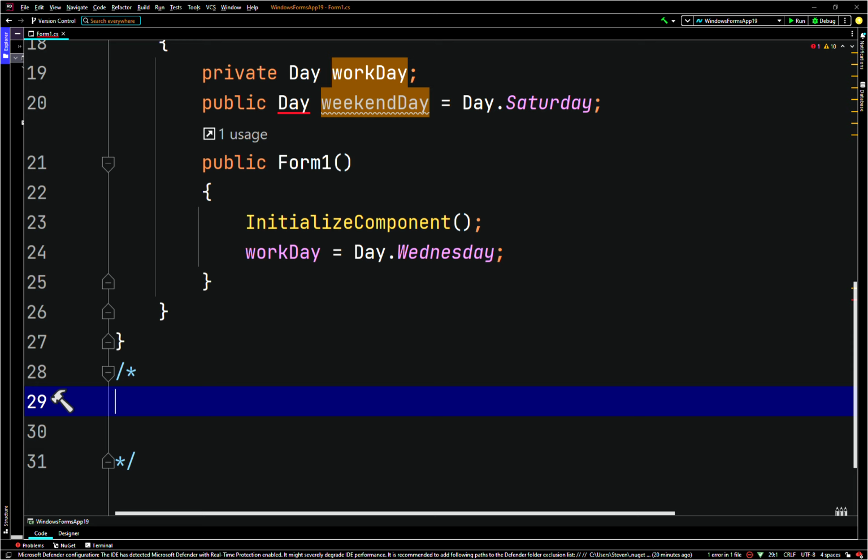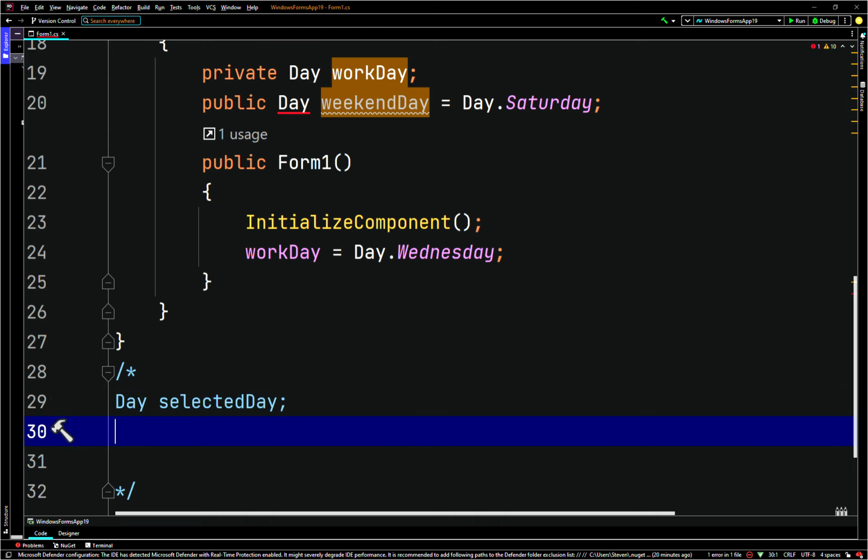So assume the form has a radio button named Monday radio button, so we could go, yeah, so we'll just go Monday, so day selected day. Here we could go if Monday radio button. We could just go with,